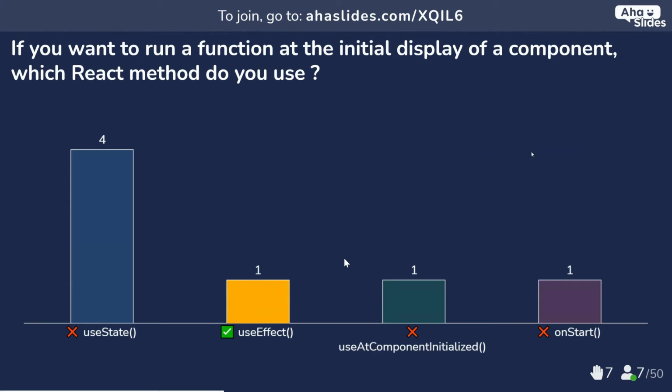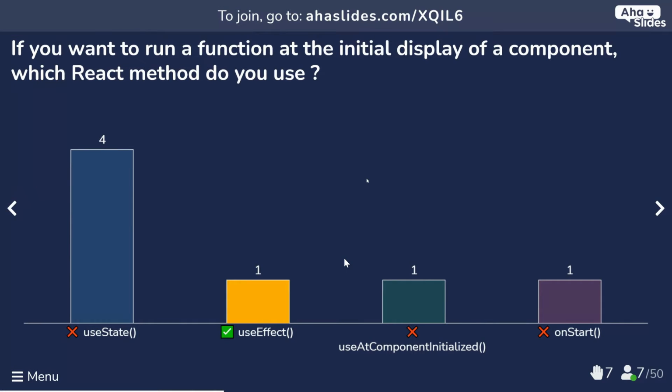Okay, so please review this again. Be careful of what the question actually is. If you want something to run when the component was initialized, you use useEffect. useState is for state variables. That's to update stuff within your component and so on. So yeah, be careful about that.